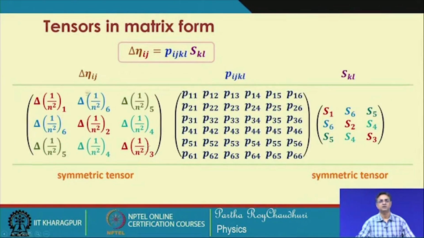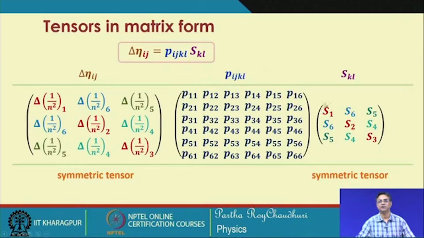So, this is your delta eta ij, represented by this 3 by 3 matrix, P ijkl under compression: 11, 12, with i and j put together equal to 1, and j and k equal to 1, 2, 3, etc. So, you have this 6 by 6 element strain optic tensor, and for Skl, which is also symmetric, we have